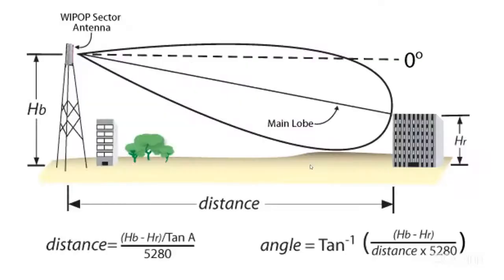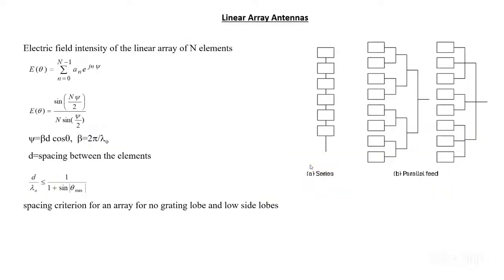So in this array itself, we have linear arrays and planar arrays. The base station antenna, which we have just gone through in previous slides, uses a linear antenna. Linear antenna means in one direction it makes the beam narrower, and in the other direction it keeps it wider, with a basic patch as the basic radiating element. So this is how linear antennas can be made. It has different feeding techniques: series feeding, parallel feeding, corporate feeding.